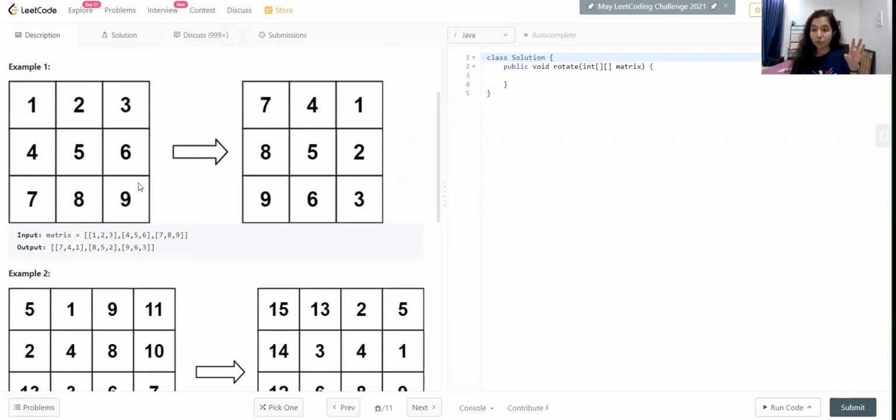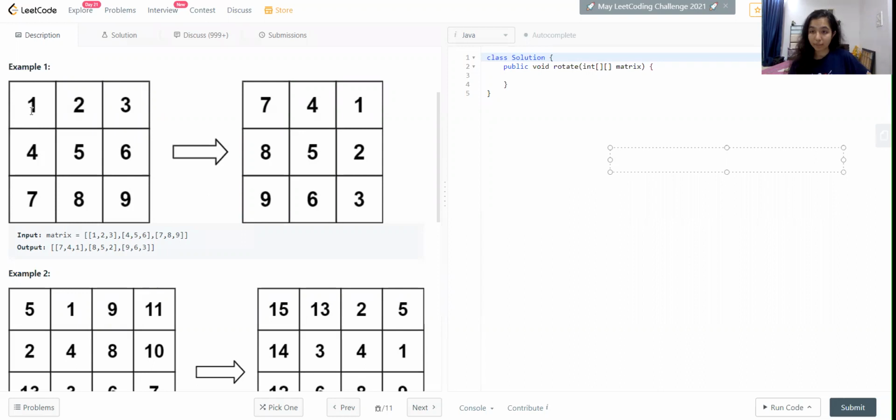So to think of it logically is very simple, but when you try to do it, it's difficult. So what we are going to do is we are going to transpose the matrix first. So let's see what will happen if we transpose the matrix. What does transpose exactly mean? Transpose means that whatever is at ij's location will become ji's location,